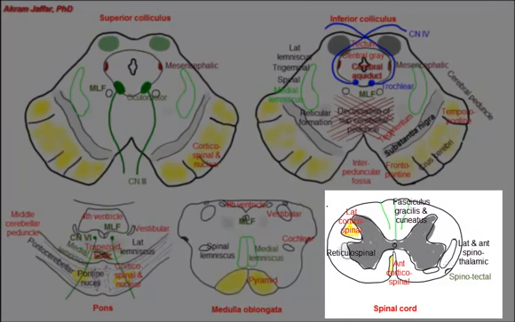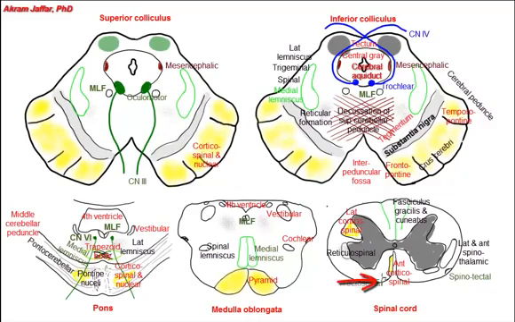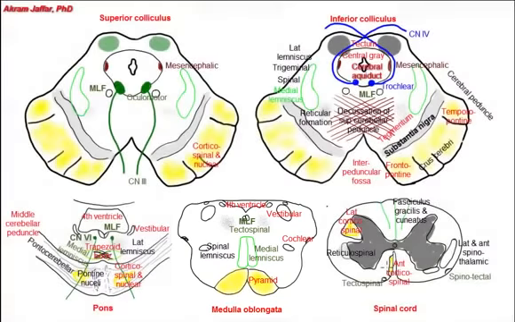This spinotectal pathway provides afferent information for spino-visual reflexes, and it brings about movements of the eyes and head toward the source of the stimulation. The efferent fibers form the tectospinal tract and tectobulbar tracts for the cranial nerve nuclei. The tectospinal and tectobulbar tracts are responsible for the reflex movements of the eyes, head, and neck in response to